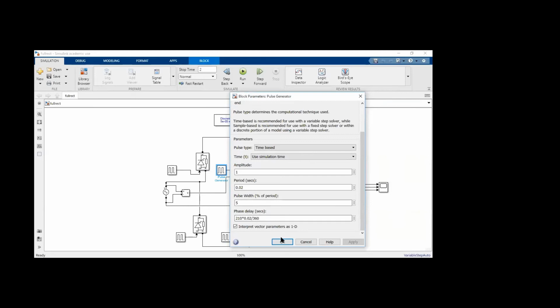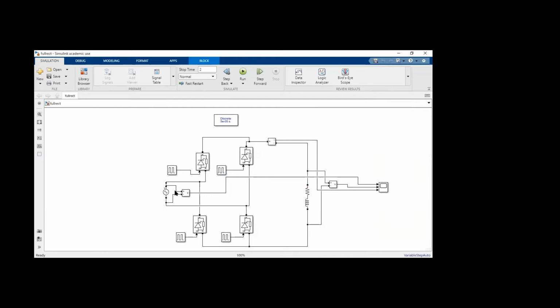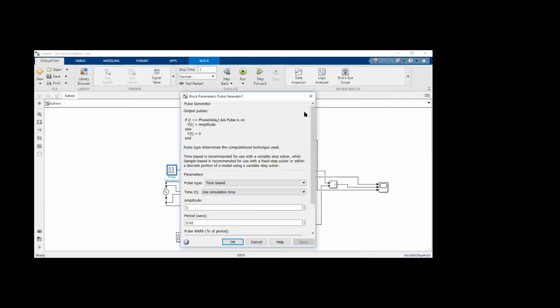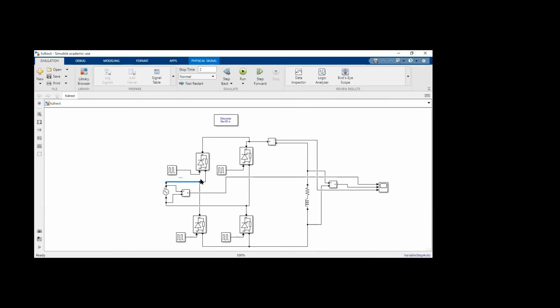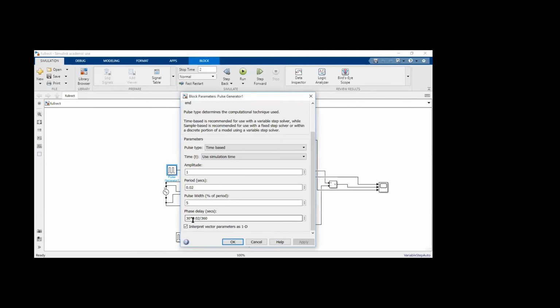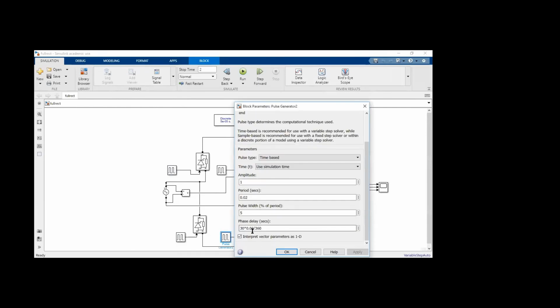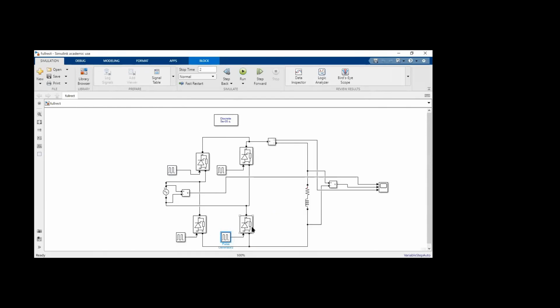210. Are you understanding? So there is a voltage source, and a bridge rectifier if I consider. There is a pulse generator connected to the first thyristor and the fourth thyristor, so the pulses will be the same. The reason is during the positive half cycle the conduction will be like this: through the first thyristor, through the load, and through the fourth one it will come back. So that's the reason the phase delay given to the pulse generator is 30 into 0.02 by 360, the same as the phase delay of the fourth thyristor.